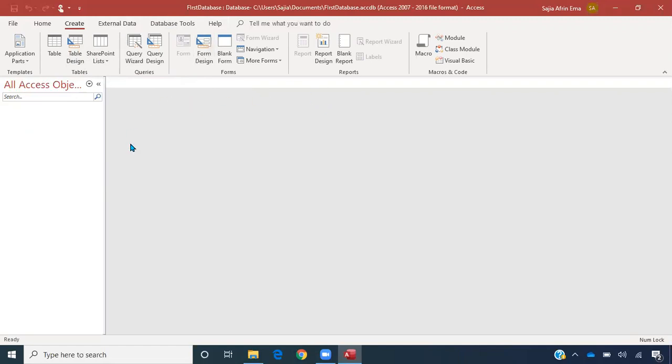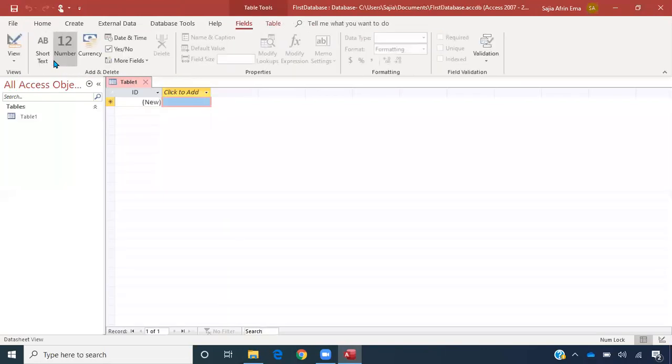All right, so let's create something. All right, let's create a table. Now, as I said before, we have to go under Create tab, and then in the table block, I can select table. All right. So it created a table for me. That was easy. Now, so far that table is not saved. Okay. It just temporarily created that. I need to save that file